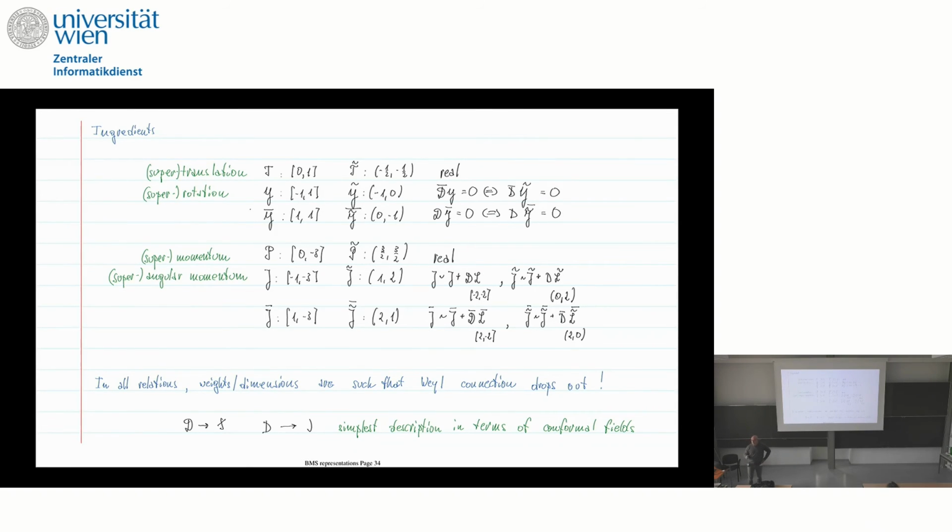Why this is so, I don't know, but you can read in Penrose and Rindler which are the weights for which you don't need the Weyl connection, for which eth and eth bar, which are really the covariant derivatives on the sphere, for which combination of weights they are conformally invariant. So they give you a classification of that, and all of these weights which appear here, which is what you need to build the coadjoint representation of BMS, are such that the covariant derivative you can just use at the end. You can just use the covariant derivative on the sphere.